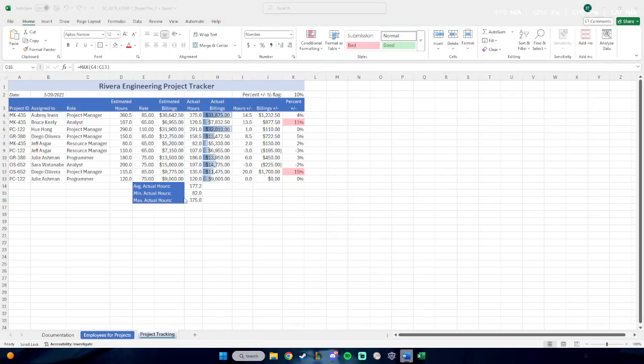Cell G16. Oh wait, no, that's literally what I just did. Alright, your workbook should look like the final. Okay, so that should be good. So then we're just gonna save,